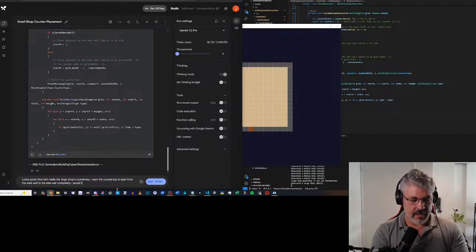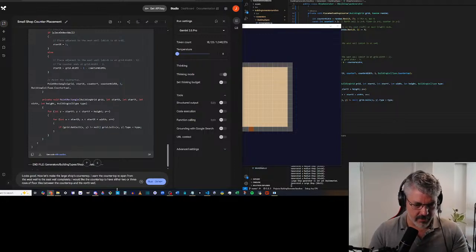I would like the countertop to have either 2 or 3 rows of floor tiles between the countertop and the north wall. Did I repeat myself there? No. Nope. Okay. Yeah, let's do that.